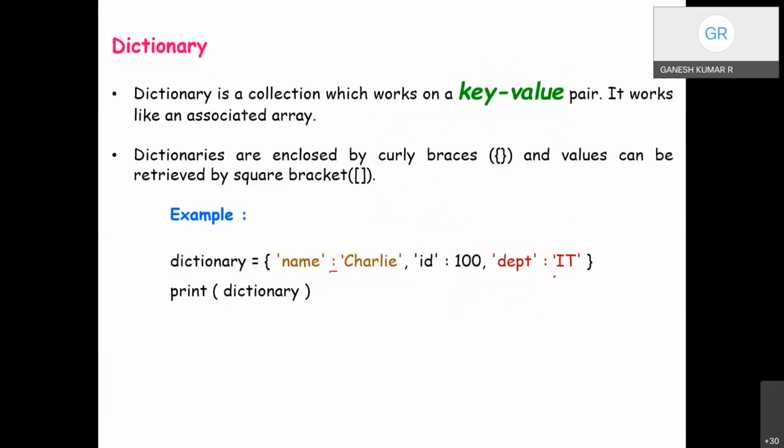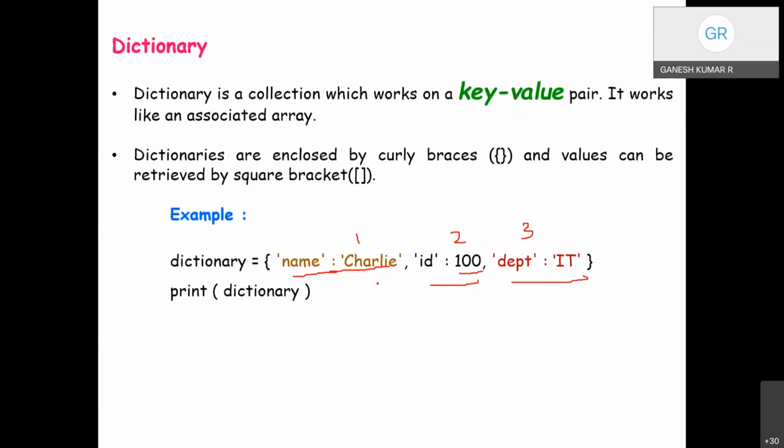So in this case, how many key value pairs are there? The first key value pair, the second key value pair, and the third key value pair. The key and value can have valid data types, either string, character, integer, or float, any data. If it's a string, it must be enclosed in quotes. Integer, no issues. Float will have a fractional part.